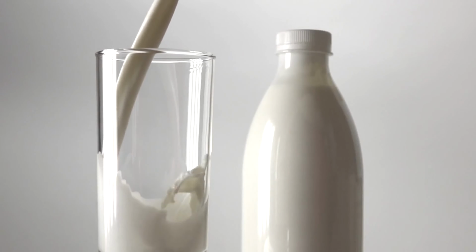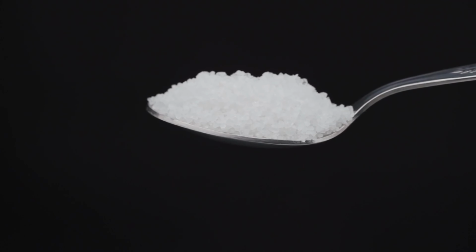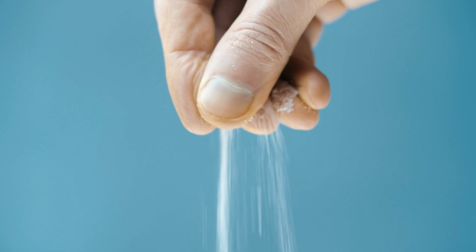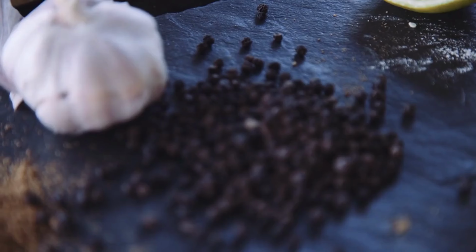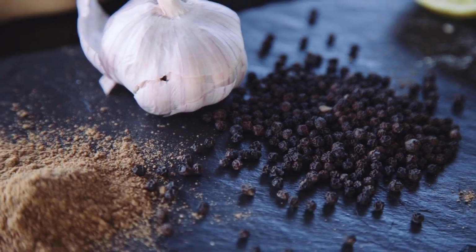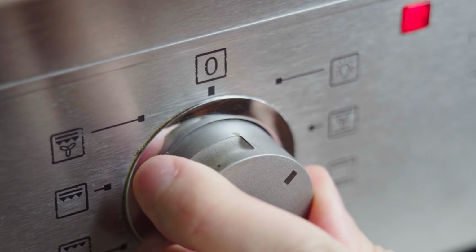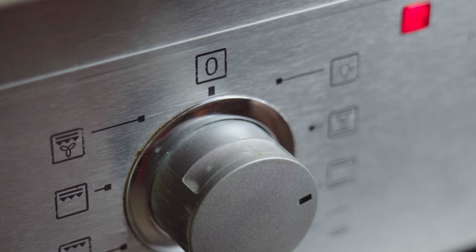You can use any type, dairy or non-dairy, 1/4 cup olive oil, 1 teaspoon baking powder, 1/2 teaspoon salt, 1/4 teaspoon black pepper. Optional: 1/4 teaspoon nutmeg or garlic powder for added flavor. Instructions: preheat your oven to 375 degrees F, 190 degrees C, and grease a mini muffin tin or line it